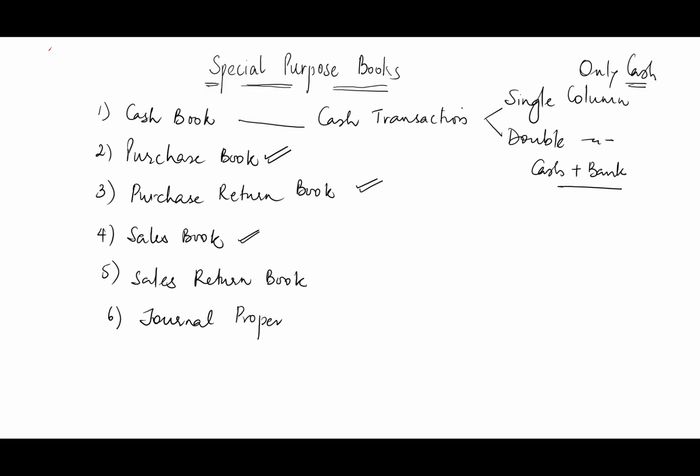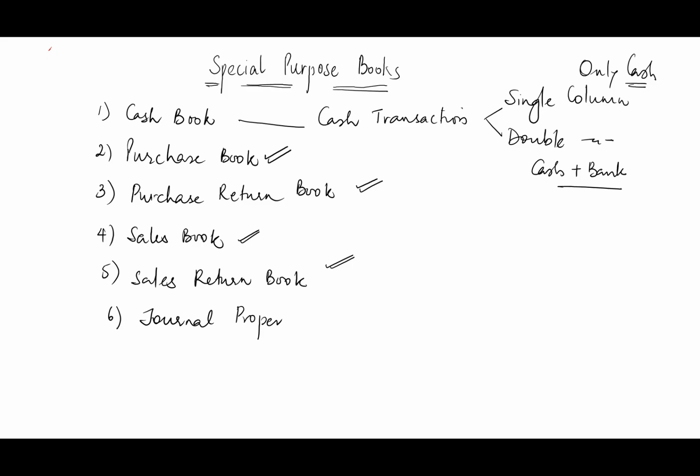Similarly, the sales book: all the sales we make are entered in the sales book first. And the sales return book. The moment an accountant sees these, he will get to know the names of the parties and the transactions, what all we have purchased from where, and to whom all we have sold. And sales return, similarly, as it is for purchase return, so is the reason for sales return as well.